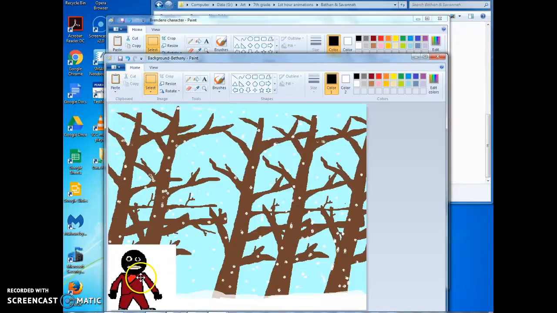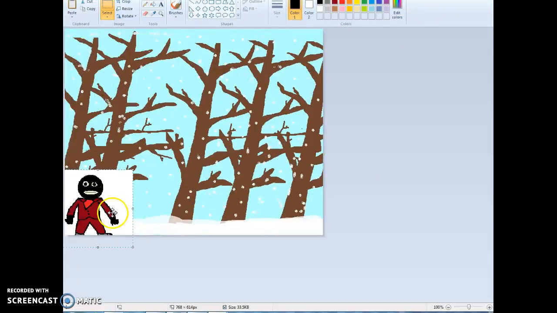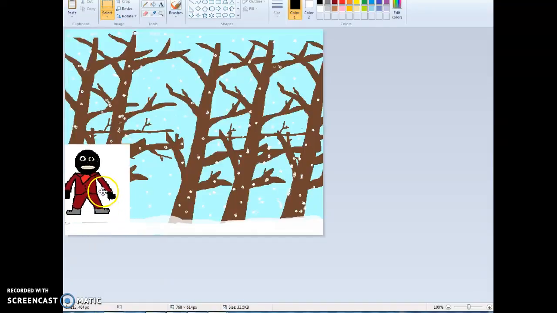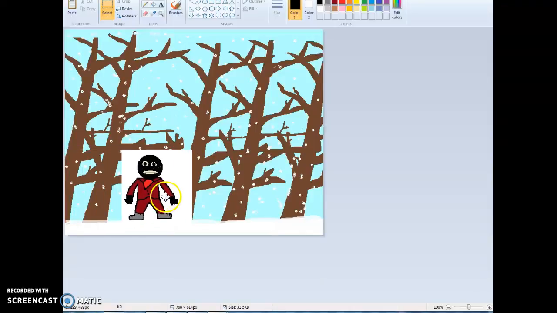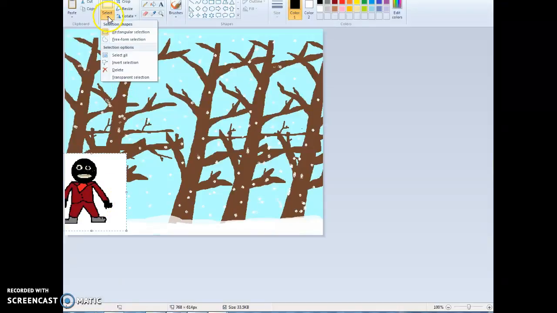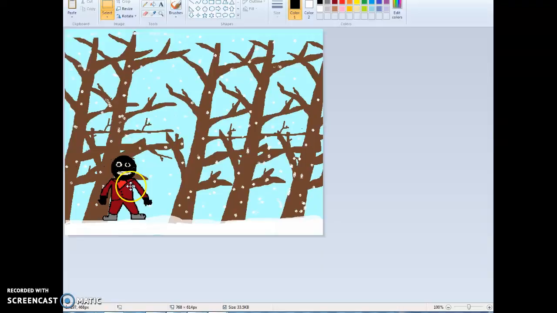When you put it in there, a few good things to remember: you should be aware of where it is on the screen. So see how his feet are kind of not on the screen. So I'm going to take his feet and kind of land them on here. If you just randomly place it, he's going to look kind of jumpy. I would like to put him on the snow. So I'm going to select a transparent selection. There, that looks good. Now I'm going to put his feet right there on the snow, so he's going to be able to walk across the snow, so it's not going to look like he's hopping quite as much. He's going to barely be coming on screen, so now I'm going to go ahead